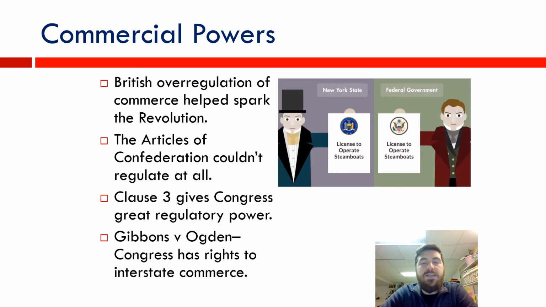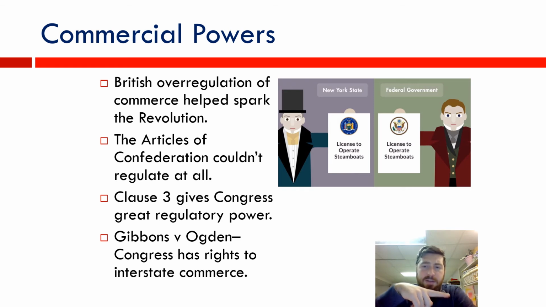Gibbons v. Ogden was a very important, very early Supreme Court case that upheld the federal government's right to regulate commerce. What was happening was there's this river on the border of New York and was it going down to Maryland? I don't remember where it was going through, but a river going through multiple states here. And New York